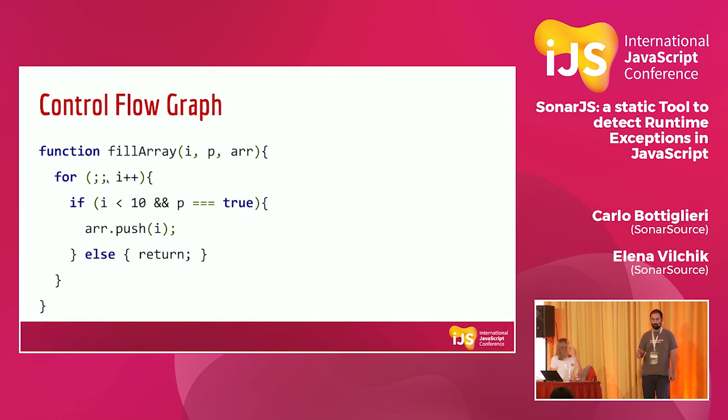So that's almost up to the point where the standard parsers bring you, and that's what you do to implement most style and basic rules. But if you want to implement something more interesting, then you need to start building more advanced code models, so that you can write your rules on top of a code model that is not just a representation of your simple code structure. And the first of these more advanced code models that we typically implement is what's called the